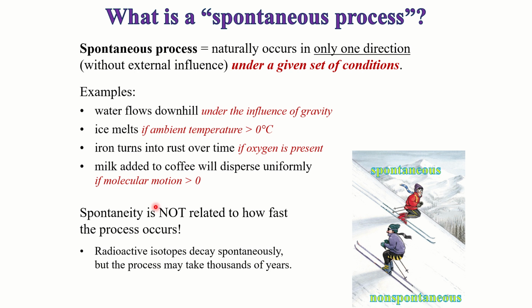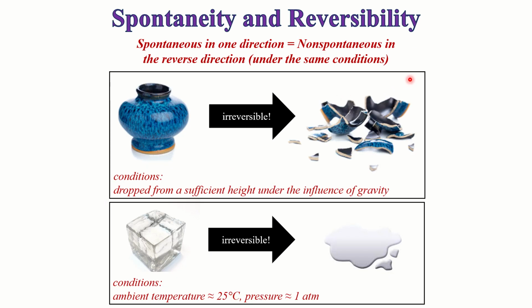And again, spontaneity is not related to how fast the process occurs. For example, radioactive isotopes decay spontaneously, but some of the processes may take thousands or even millions of years. Another note on spontaneity and reversibility. A process that is spontaneous in one direction is non-spontaneous in the reverse direction under the same conditions, and they are often irreversible under the same conditions. So if I dropped a vase and it shatters, this is an example of a